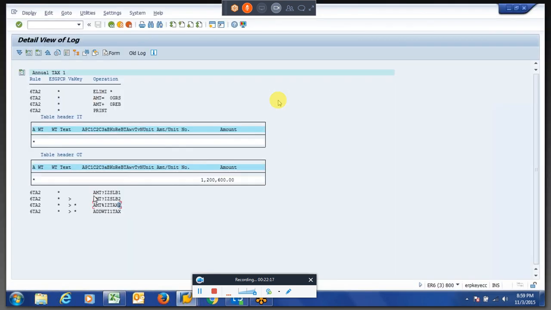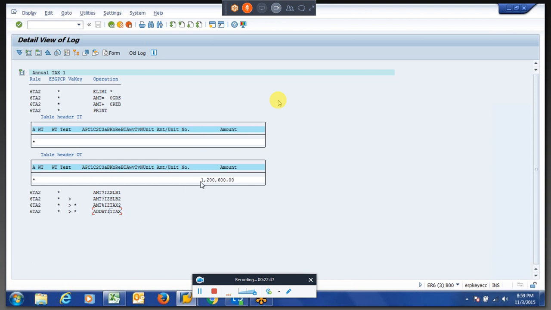So here we are doing, right, whatever the amount we got, we are checking with the slab, it falls under the particular slab or not. If it is going to star, means it falls on that particular slab. So we are percentaging with the constant Z tax 2, which consists of 10%. So the same thing we are pushing it to 1TX, which is the annual tax for the employee.